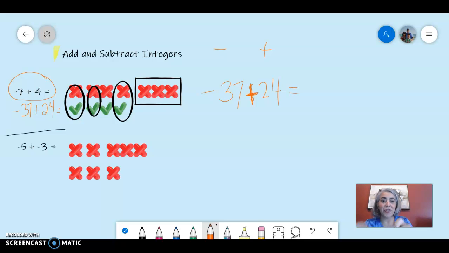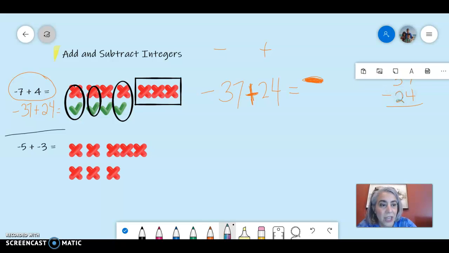So I have 37 bad guys and I have 24 good guys. What I know when this is over is I'm going to have more bad guys. So my answer is going to be negative. I'm going to make that negative right here, really big and ugly. Then I'm going to take my 37 and subtract out 24 zero pairs, because those 24 good guys are going to go in and they are going to kill out